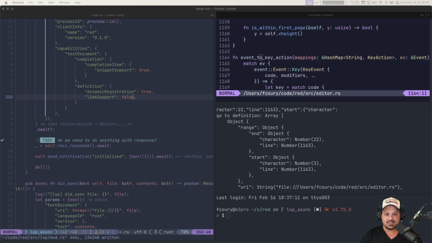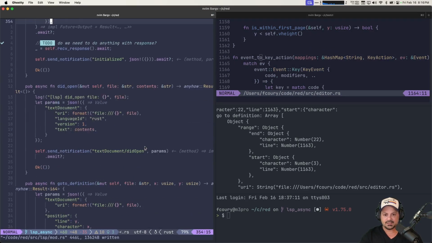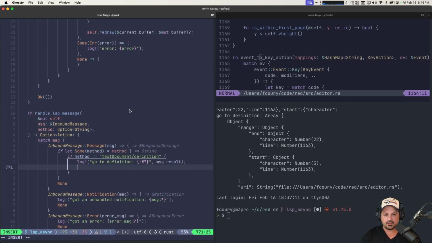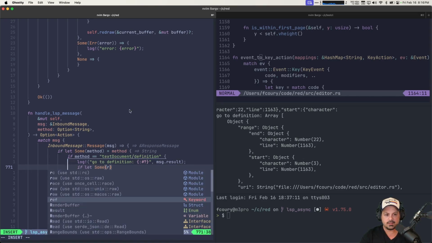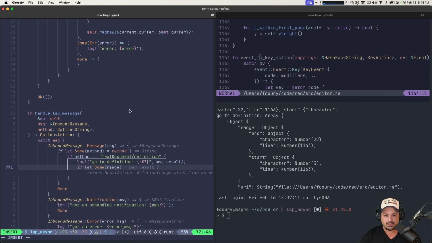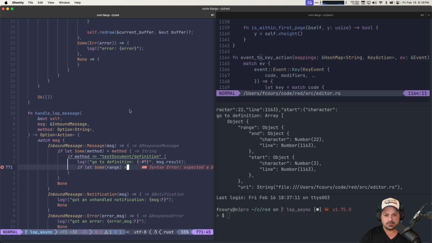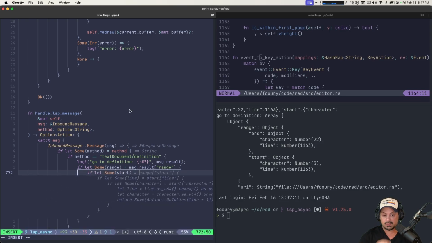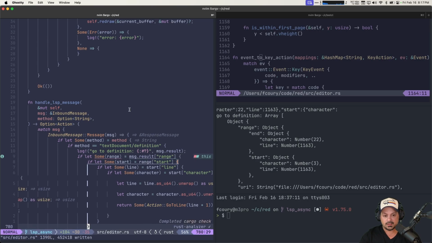Okay, where am I? Did everything just freeze on me? No, it didn't. Okay, handle LSP here. So, all right, and then the result, what we really need is if let Some range equals, no, not message, result, range, let, yes, range start, then if let Some start equals range start, here,